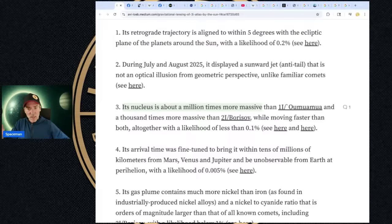We still see no images of Oumuamua except for very, very low resolution images or computer rendition. 2i Borisov, we have seen better images of 2i Borisov. But the size of Oumuamua being 1,000 times more. So Oumuamua was 1,000,000 times smaller. 2i Borisov was 1,000 times smaller than 3i Atlas. However, both of these are slower than 3i Atlas. 3i Atlas is moving faster than both of these objects, and the likelihood of that is 0.1% if it is